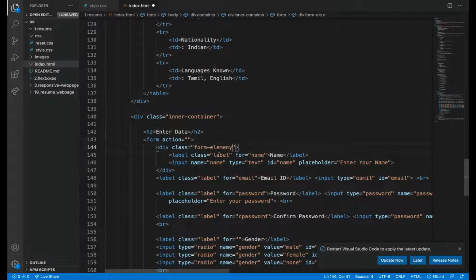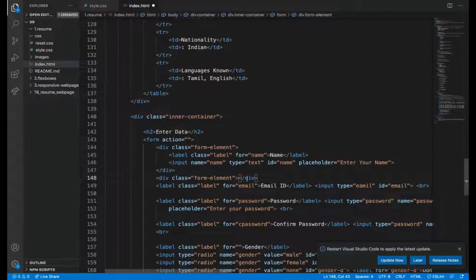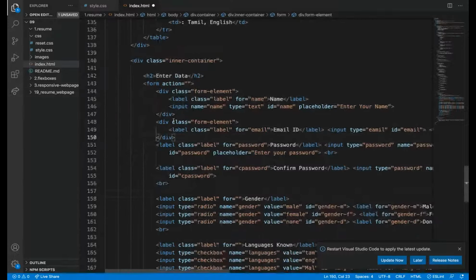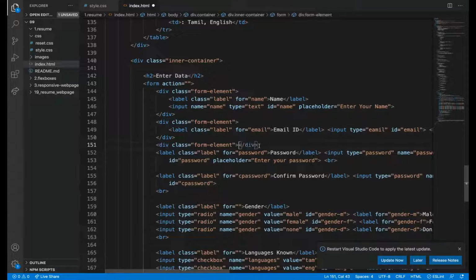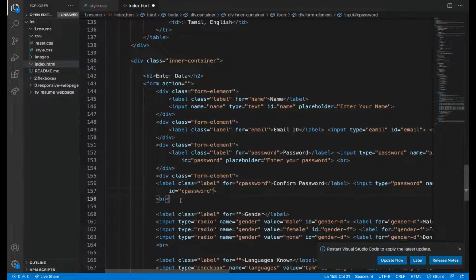So I can wrap it. I'm removing the break tags everywhere, and then I'm adding a div.